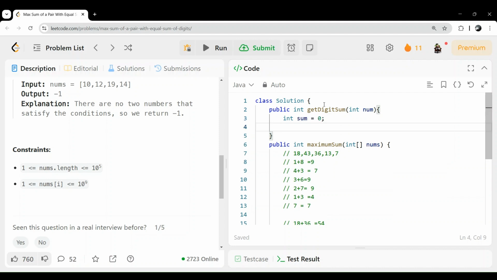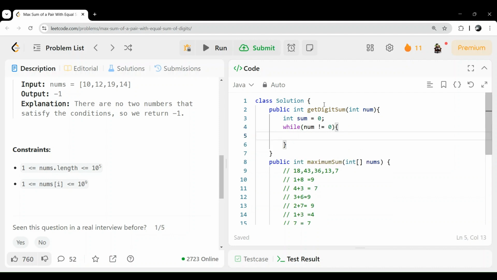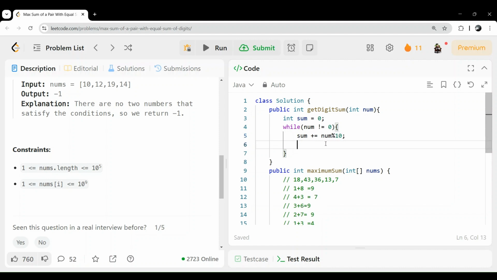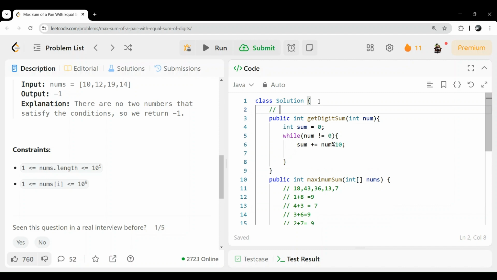Initially it is 0, while my num is not equal to 0, sum plus equal to num percent 10. Num percent 10 means, for example, if we have 123 and do percent 10, the remainder when you divide this number by 10 is 3. So we will add 3 to the sum.